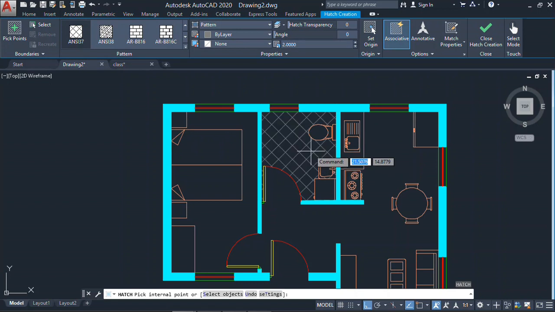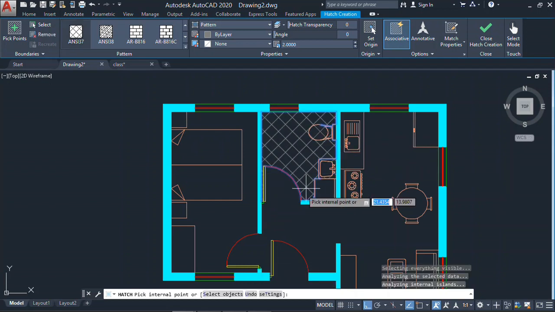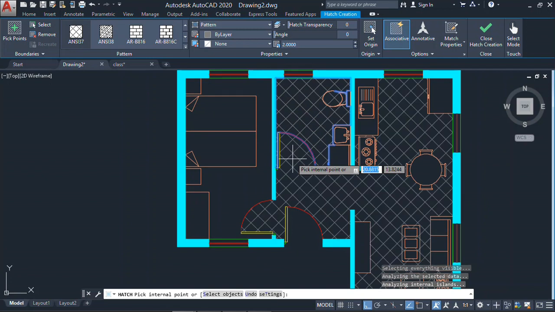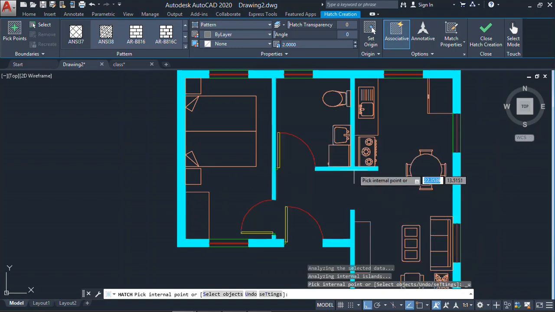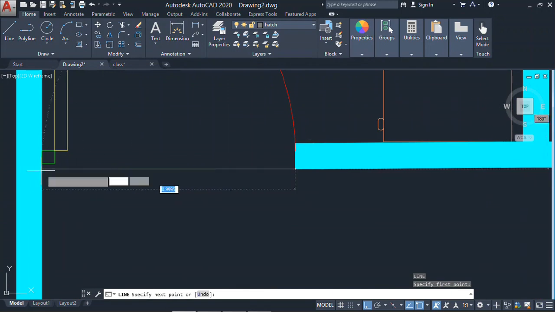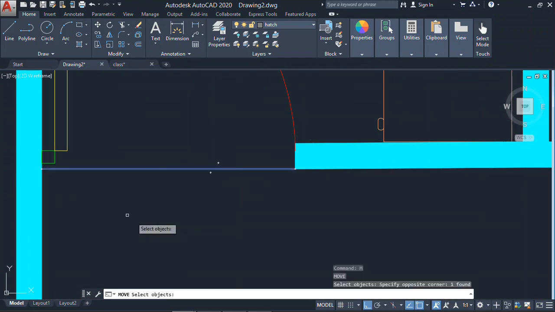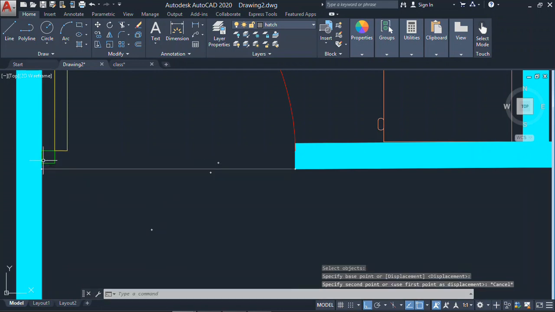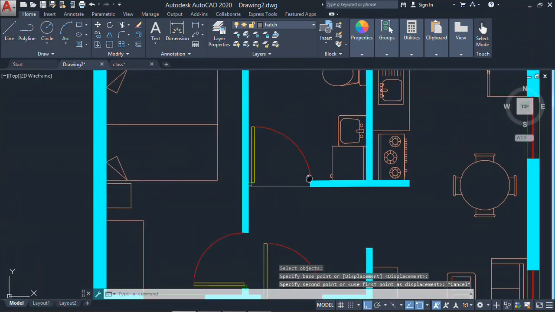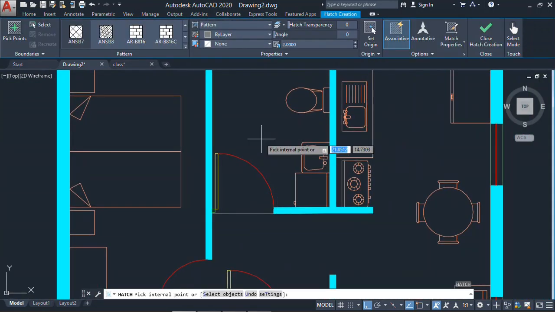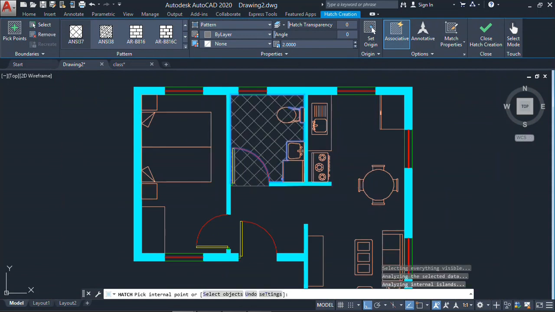Okay, so I'm happy with this, but as you can see, I will hatch this part, but there is a small part here which I should hatch, but it starts hatching the whole house. So all you're gonna do is just to click on the line and close this part. I'm gonna do, yeah, here or here. I'm okay with here. Okay, so I'm just gonna close it here. As you can see, I just drew a line, and then I'm gonna click on hatch this and hatch this,